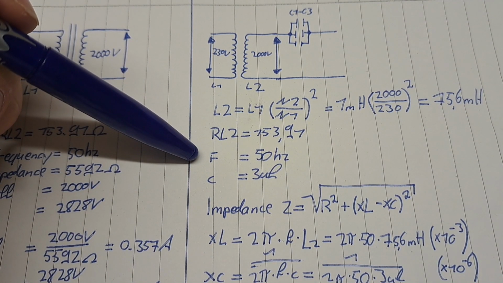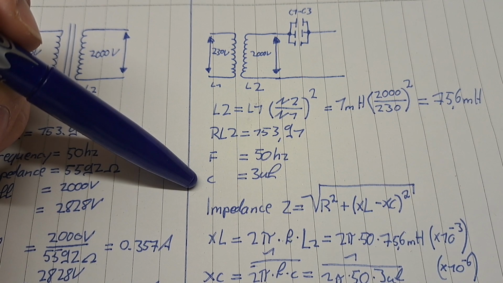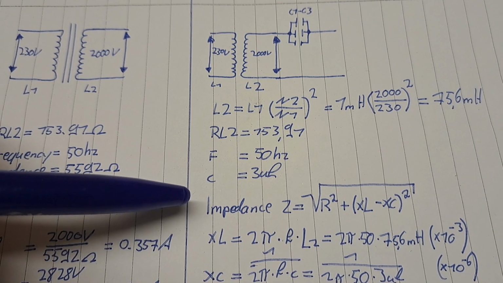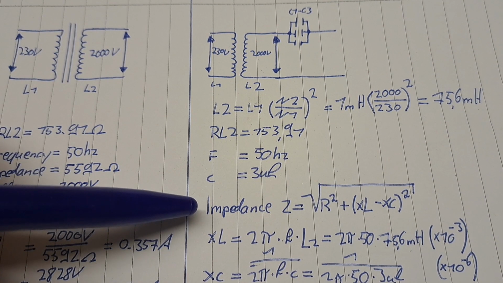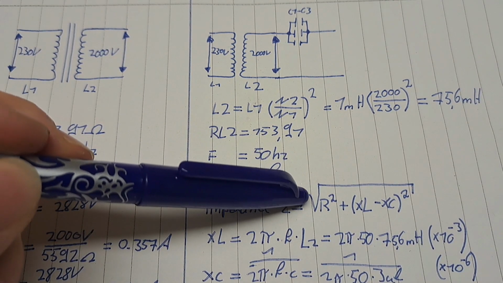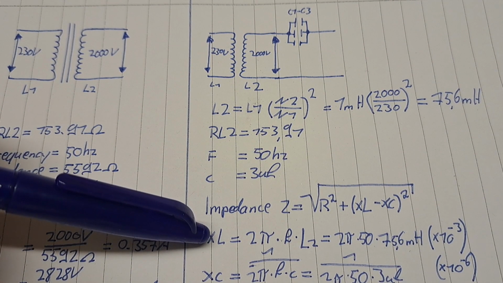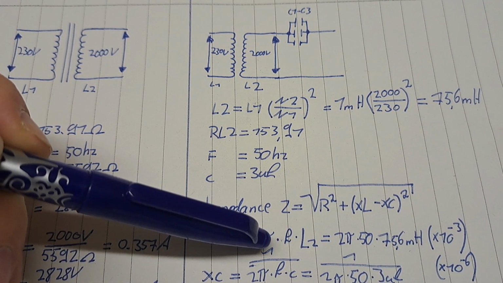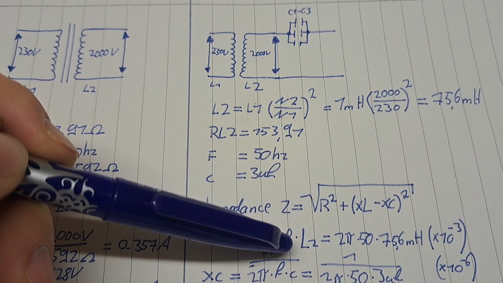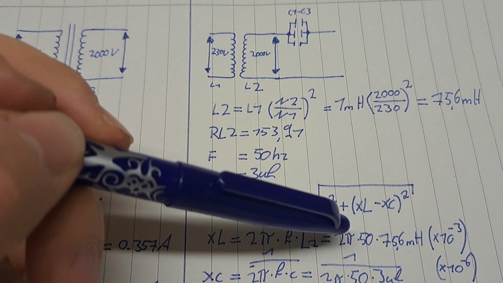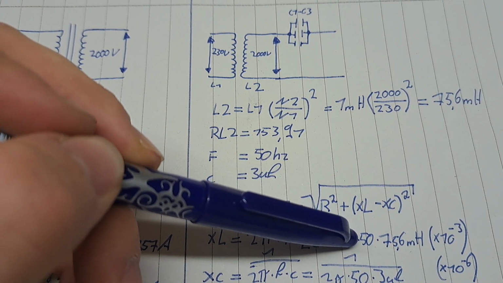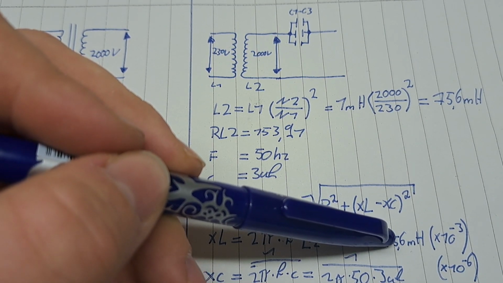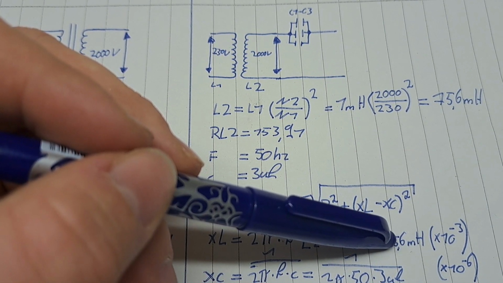The frequency also stays the same, but the new number we have is the capacitance, which is 3 microfarad. So this is the formula to calculate the impedance of the secondary side. We first have to calculate XL and XC. For XL, the formula is 2 times pi times frequency times inductance of the secondary side. If we put the numbers in, we have 2 times pi times 50 Hertz times 75.6 microhenry. If we want to put that into our calculator, we have to type